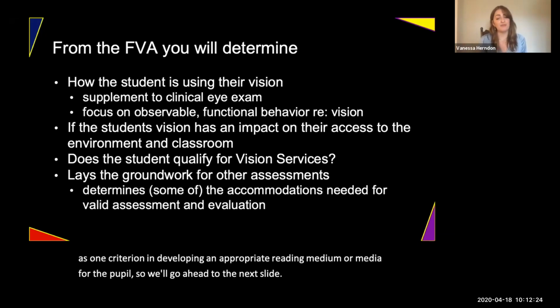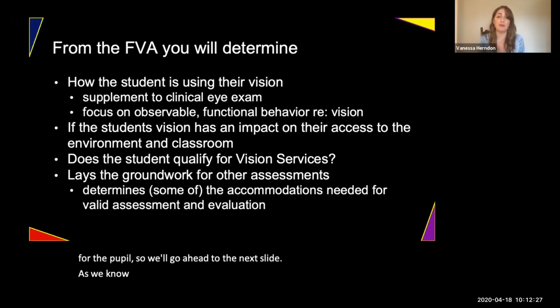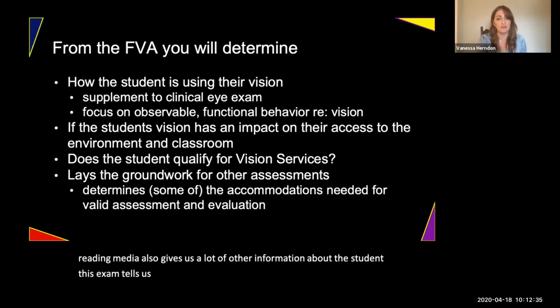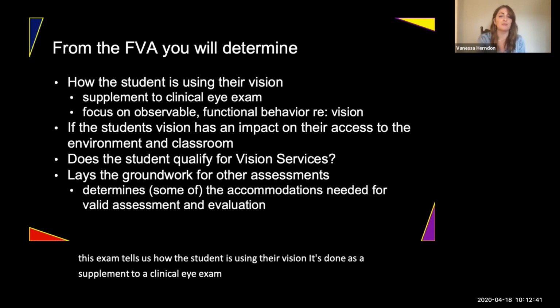As we know, the functional vision exam, though it does help inform reading media, also gives us a lot of other information about the student. This exam tells us how the student is using their vision. It's done as a supplement to a clinical eye exam, and it describes the student's observable visual behaviors. And the purpose of this is to determine eligibility